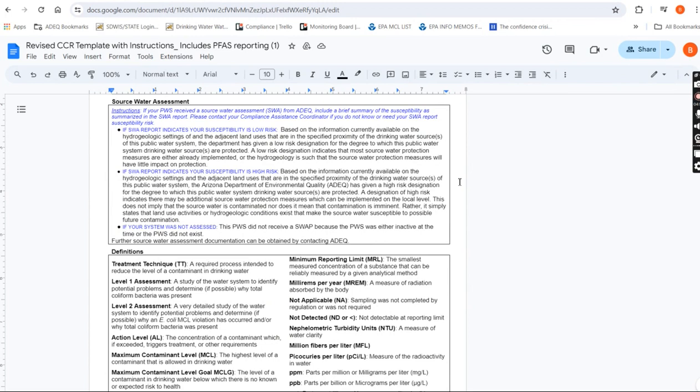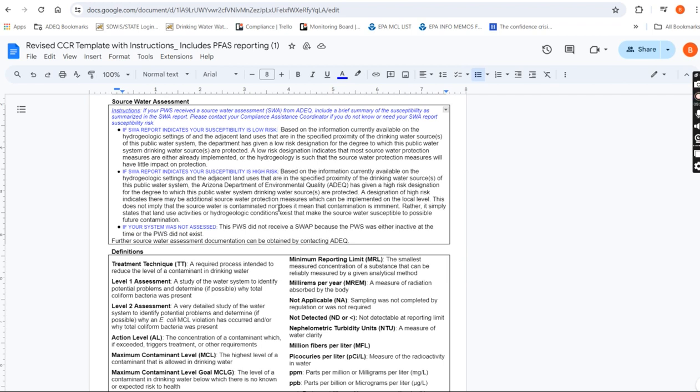Next is the source water assessment. If your water system was active in 2002 or prior, it is likely that ADEQ conducted a source water assessment and has provided you with either a low risk or high risk designation. You need to select which one is appropriate based on how your water system has been categorized and include the